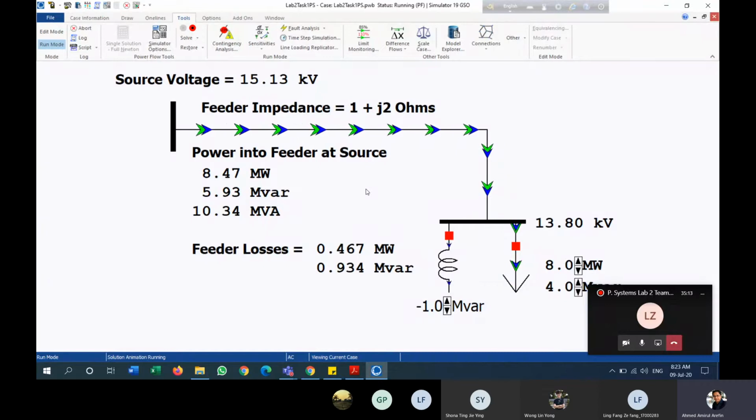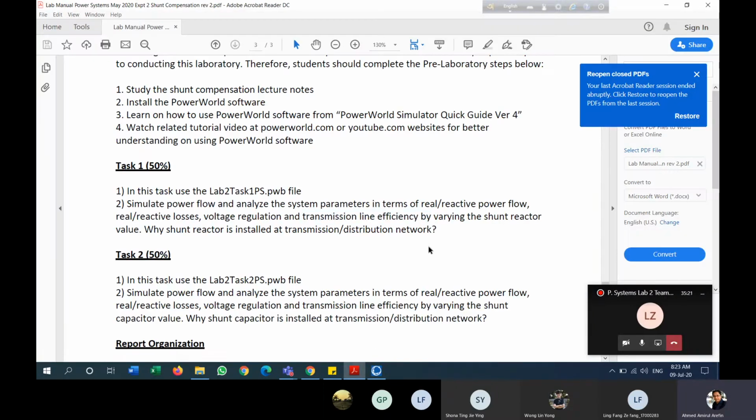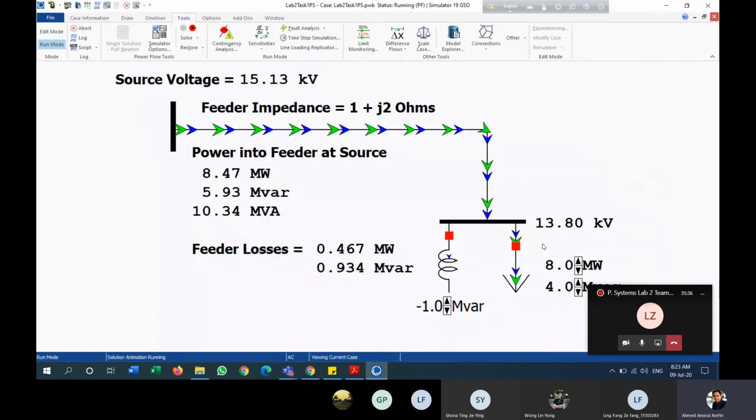Okay, so this is for task 1. One more thing is why a shunt reactor is installed at a transmission or distribution network. Okay, so basically